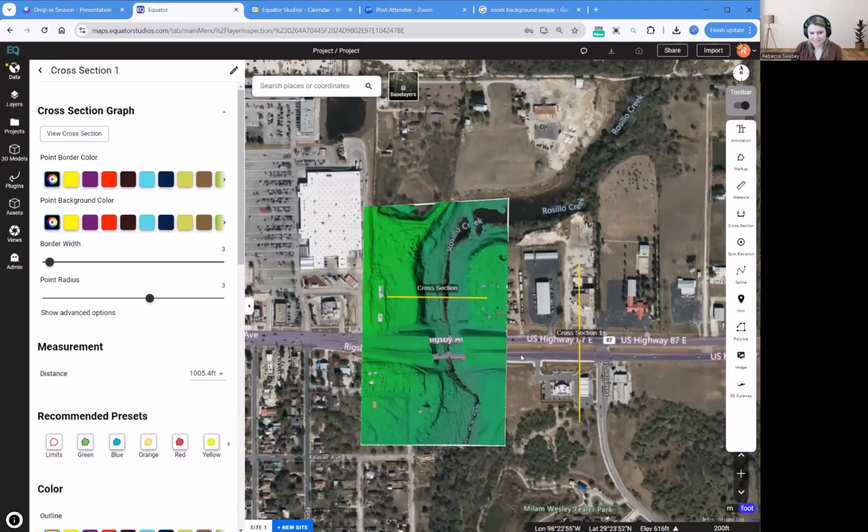Just 1 second. I'm using a new mouse and I just changed the speed. Okay, I don't